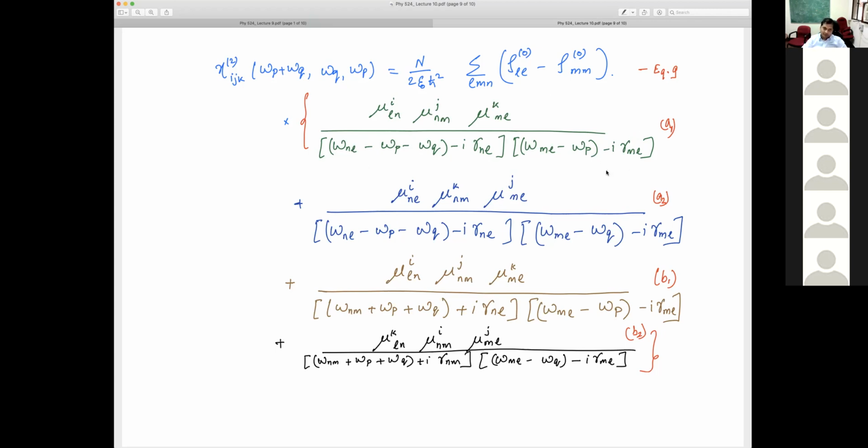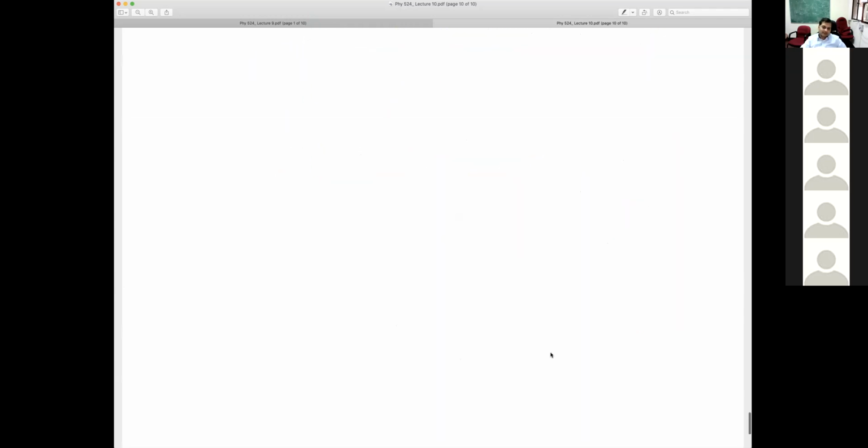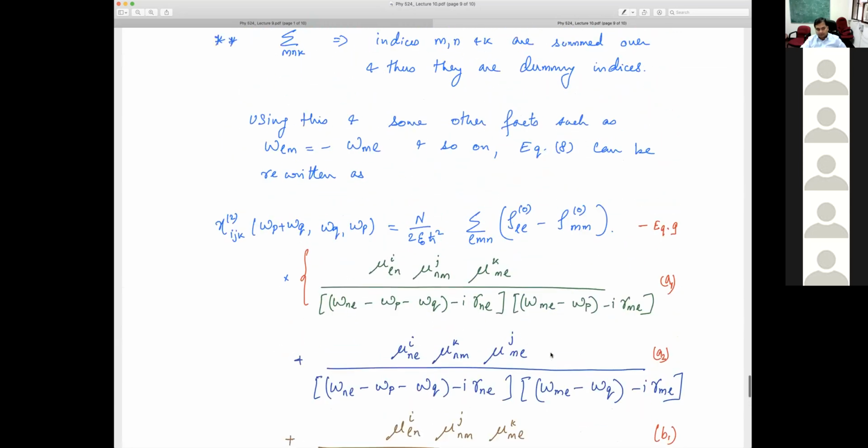So those kinds of phenomena will dominate here, and these will be dominated by different ones. So these two will be dominated by similar kinds of phenomena, and these two will be dominated by similar kinds of phenomena, and that will give you some handle on how to design these energy level systems, so that I will have this term dominating, that term dominating, etc. That will give you some feeling about how you can design sum frequency generators or difference frequency generators or very good rectifiers and things like that. Okay, so I'm not discussing that explicitly here, but you can have a look in Boyd, etc.